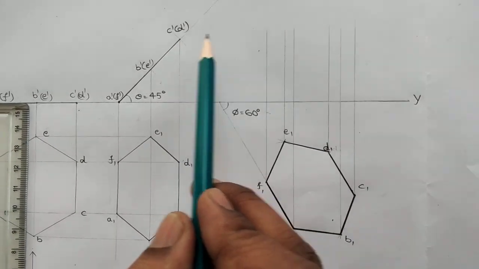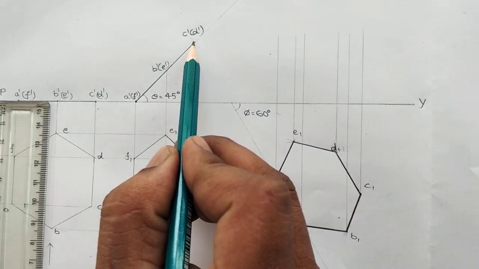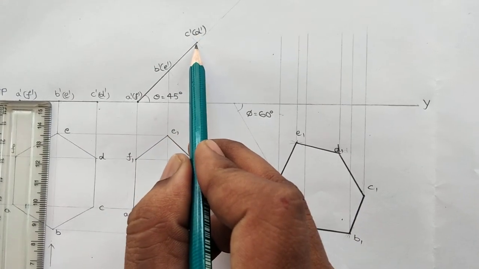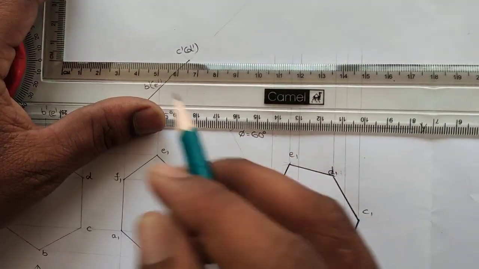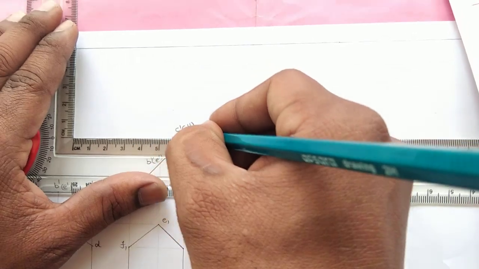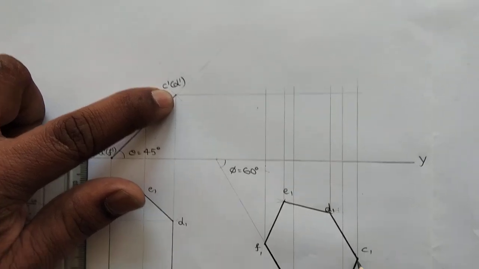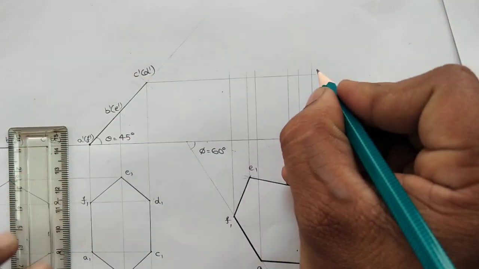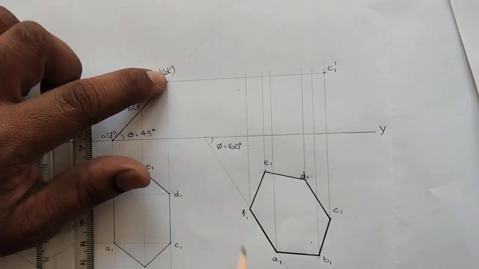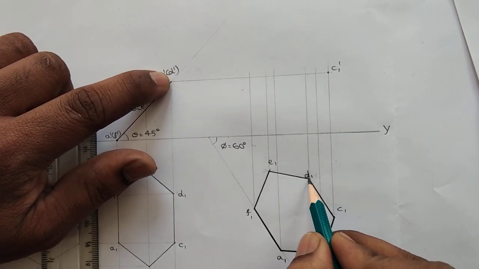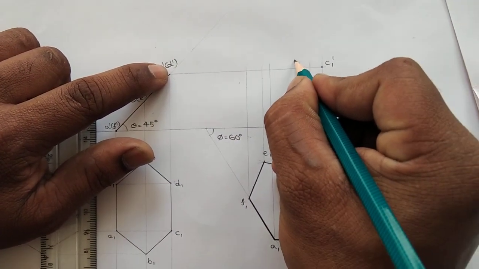And in the next step we should construct the locus lines from these 3 points to intersect the respective projector lines. That means here we have C dash and D dash. So we should construct locus lines to intersect the projectors of C and D. For example, here I am constructing, using 2H pencil. This is the locus of C. Similarly, this is the projector of C and the locus of C, so this particular point becomes C1 dash. And similarly here we have D also. This is the projector of D and the locus of D, so this particular point becomes D1 dash.